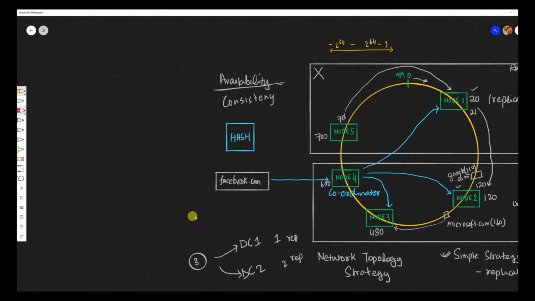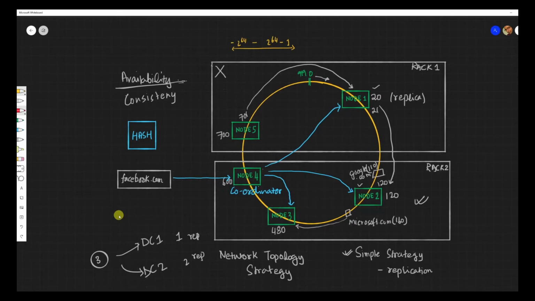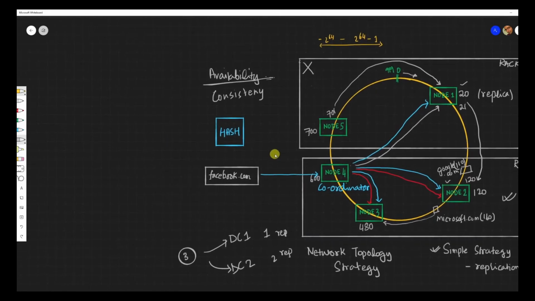And now we wanted to update this data. So another update request came over here, and for some reason my data center 2 or the rack 2 has a problem. So this operation has failed, the ones with the red I am putting right now. So these 2 have failed, right? And this one over here, the other one in data center 1 or rack 1, is successful. So the operation went like this: node 2 and 3 failed and node 1 was able to update.